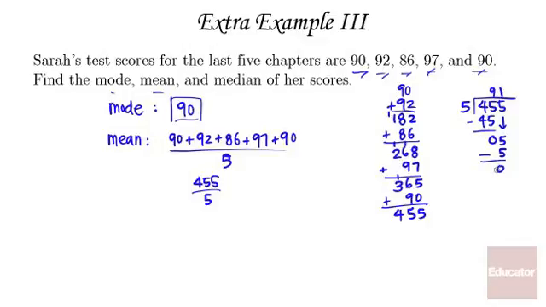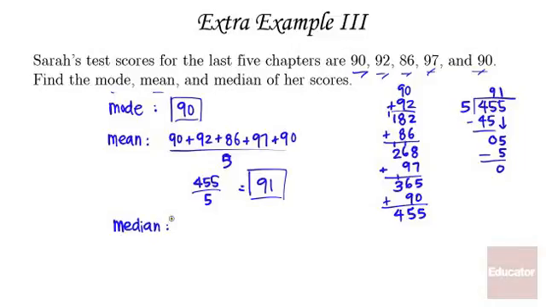So my answer is 91. That is my median. Or I'm sorry, mean, the average mean. Okay, so that means if she scored these scores, her average is 91. So she's averaging pretty well. It's an A. And then the last one is the median,